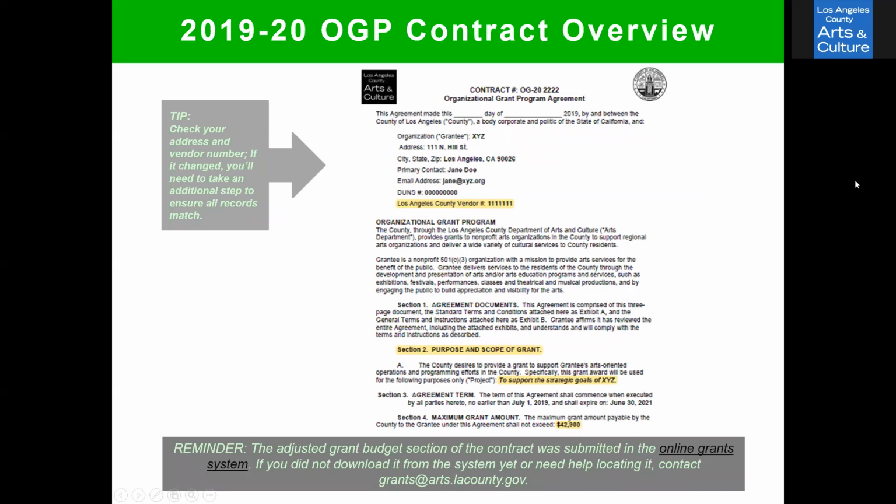So take a look at your contract. This will be helpful. The contract that you submitted back in 2019 has information, number one, about who our contact is. The main person that was the primary contact on the grant will be listed on it. Your vendor number will be listed, which you'll need to refer back to, and make sure it's all up to date. You want to make sure that your address is up to date